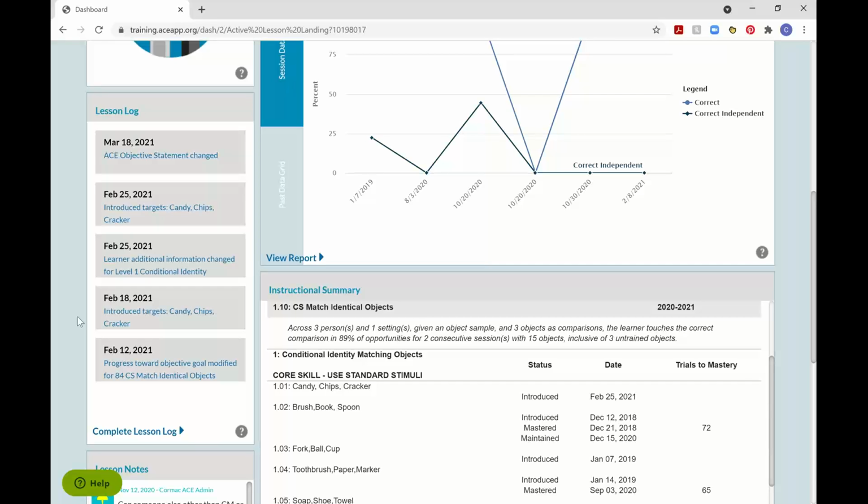Maybe we want to note that we're only going to work on this lesson in the morning when Cormac Jr. is a little bit more motivated. Maybe we changed how we are presenting the stimuli on an angled 3-stem array board. These are pieces of information that I want to log, noting the changes to how we're teaching this lesson, what's going on with this lesson. These events can then be selected to show up as phase lines on our session data